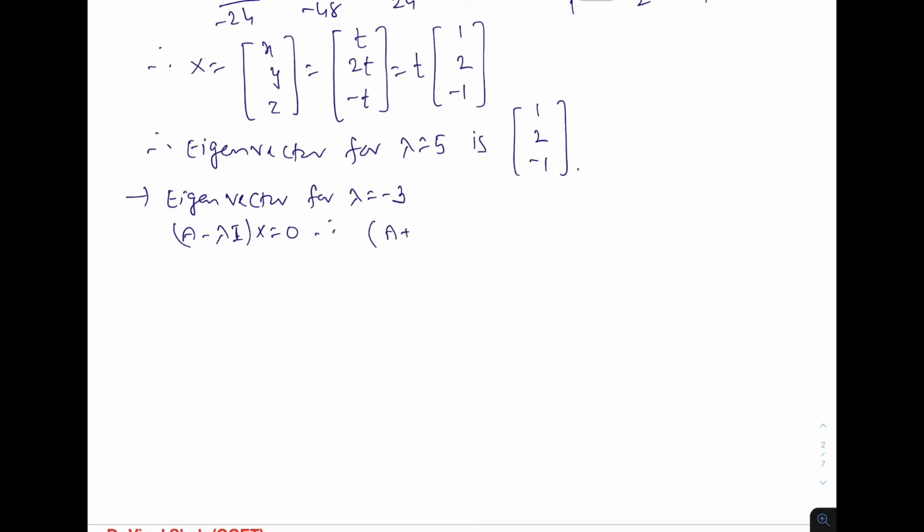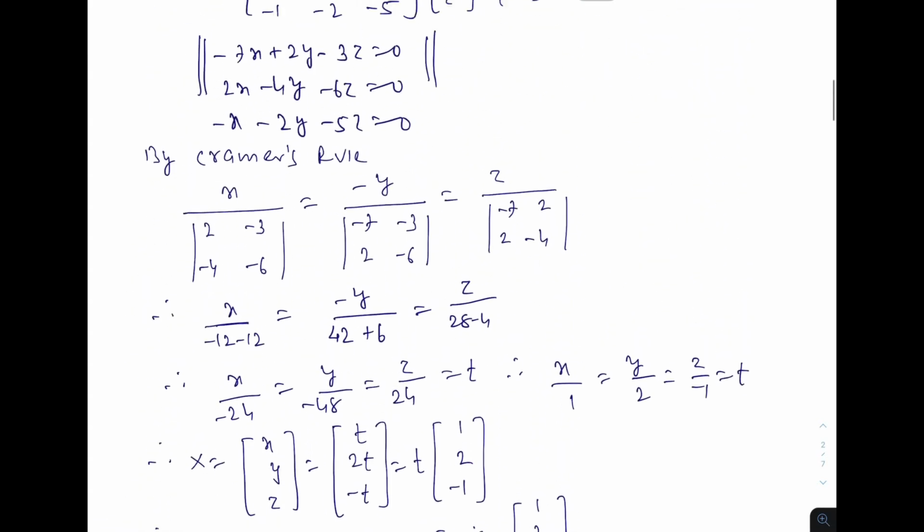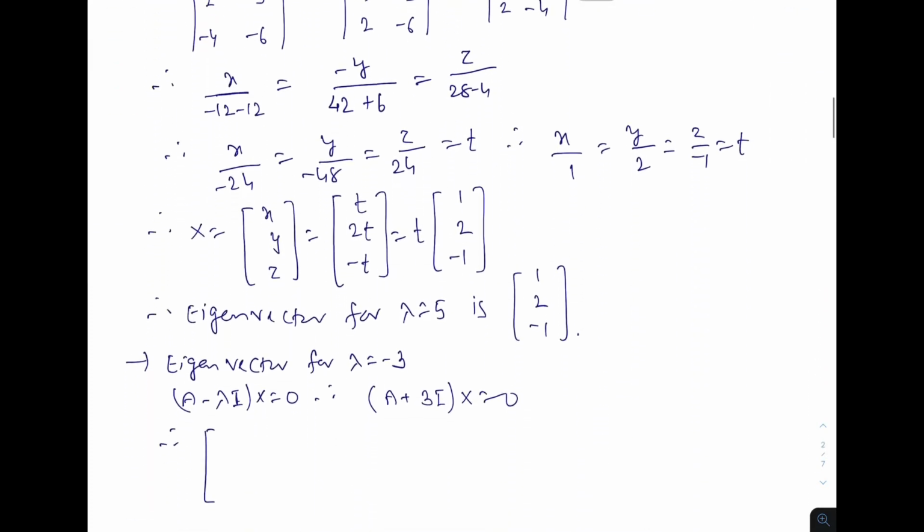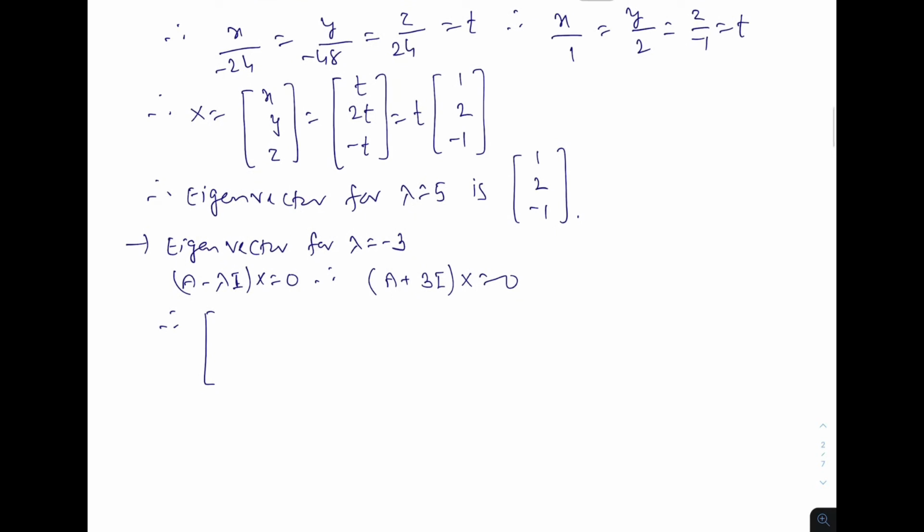So this is A plus 3I x 0 matrix, and therefore this is A minus lambda I, so A plus 3I, so minus 2 plus 3 here, okay, 2, minus 3, minus 2 plus 3, then 2, then minus 3,